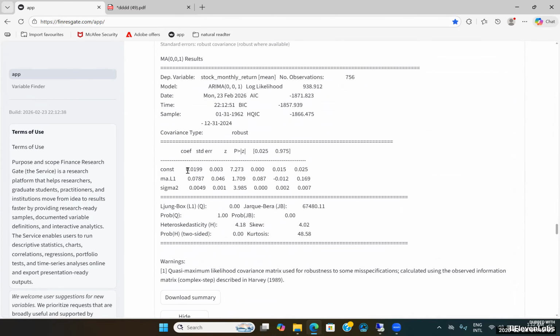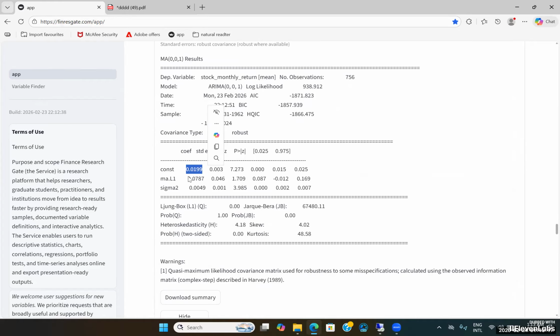Alright, so here we are looking at the output, which serves as our initial reference point. The constant factor we're observing in this particular scenario is quite significant. Specifically, it registers at approximately 1.9%. This means the average monthly return is nearly 1.5% when we consider the entire sample period. To properly analyze this, you can simply multiply that specific figure by 12. This calculation will then provide you with a rough estimate somewhere between 20, perhaps even up to 24%.